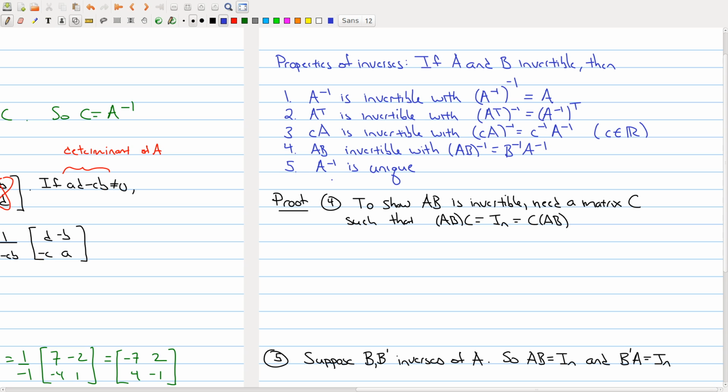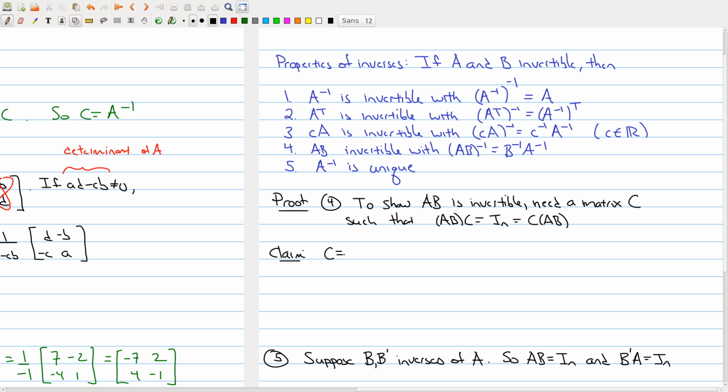It won't be the case that A has two different inverses. So let me just show you why 4 and 5 are true. We want to show that A times B is an invertible matrix. So we need to find some matrix C with the property that A times B times C is equal to the identity. And similarly, we have to show it on the other side, that C times A times B works. And the claim